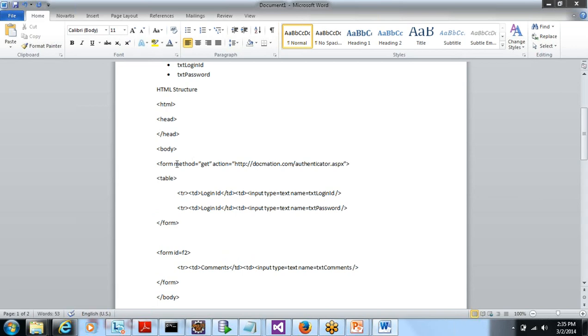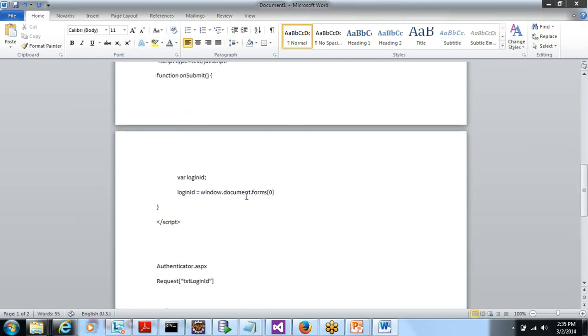If I don't want to use the form index, I can give this form some ID. So in this case, I've given the form f1. So I can say document dot f1 dot txtLoginID dot value. This is how I would fetch the value in JavaScript. The other way to fetch this information in JavaScript would be, I told this to you in the last class,